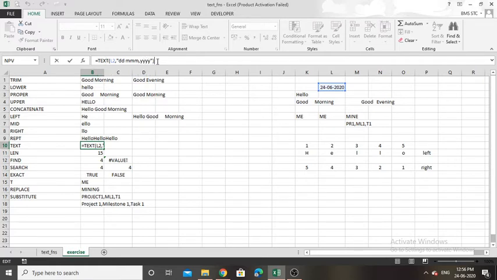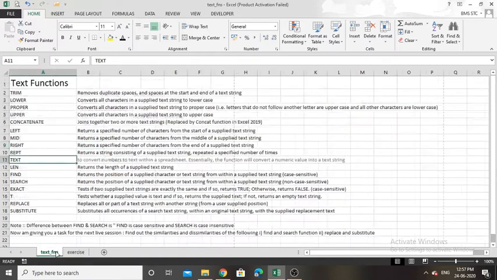So here I want to customize my date like dd hyphen mm hyphen, as like this. That means dd, instead of hyphen I need a single space, then mmm, the first 3 letters of the month, comma, yy. So it outputs like this, 24 June 2020. Okay. So the TEXT function is used to convert a numerical cell value into a string value.